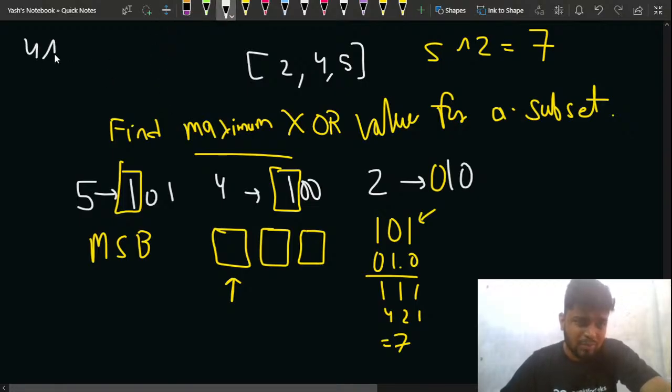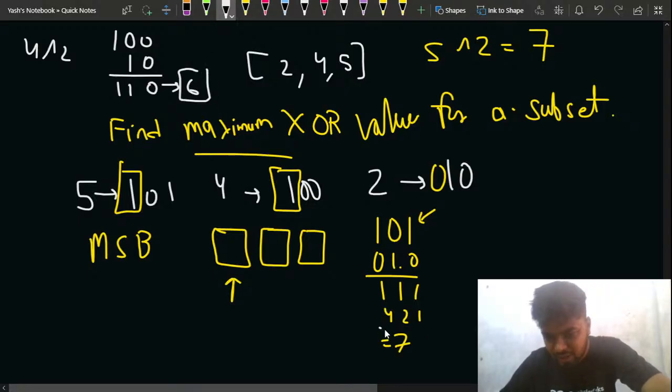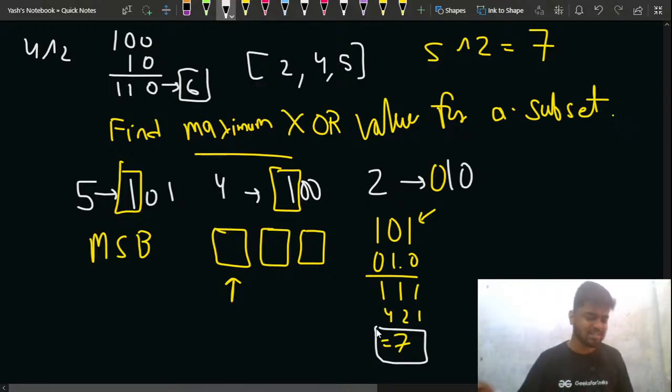So if we do a 4 OR 2, 4 is nothing but 1 0 0, and 2 is 1 0. So you get 1 1 0. But this number is 6, is it bigger? No, that is not bigger, because 7 is the bigger number, right? So if you try to make more subsets, you will get the answer that 7 is the maximum possible that we can get, and that is actually the case,